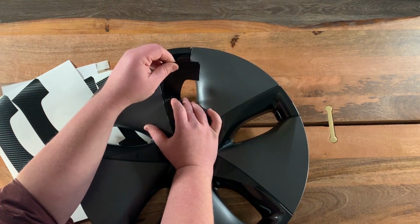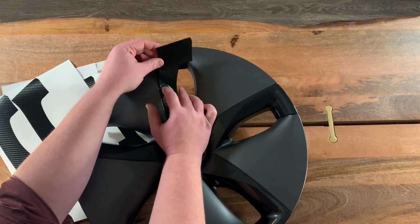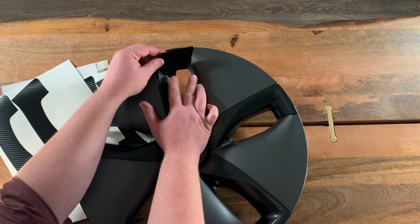So there's a little crease right here. You can lift up the material. It's very forgiving. You can lift up, reposition. If it's a little bit off, no problem. Just pull it back up,